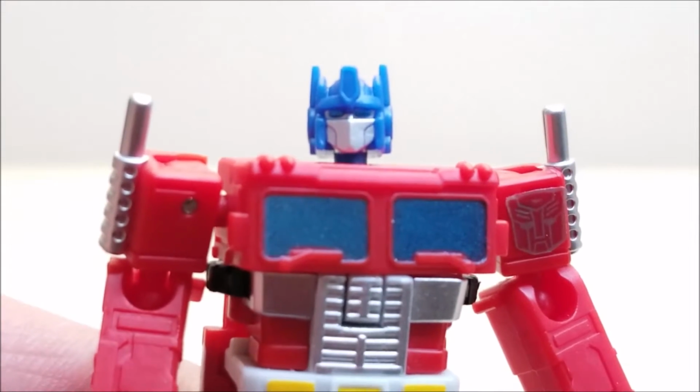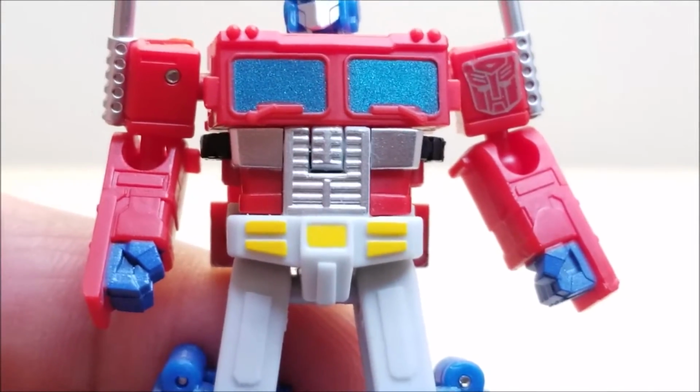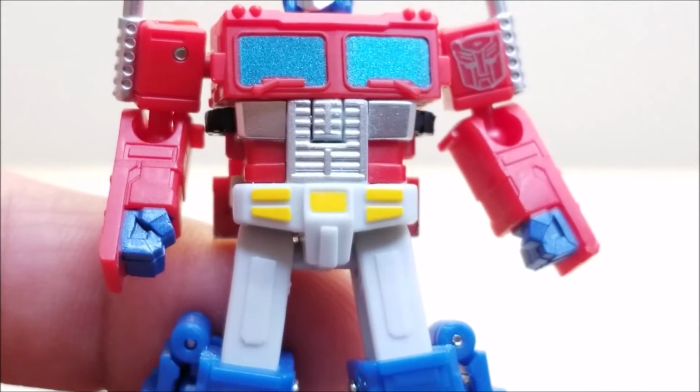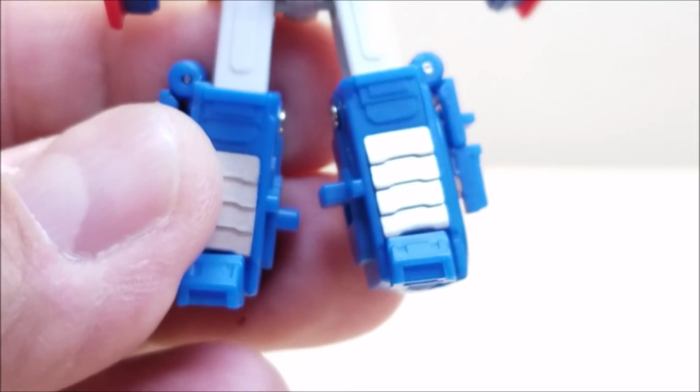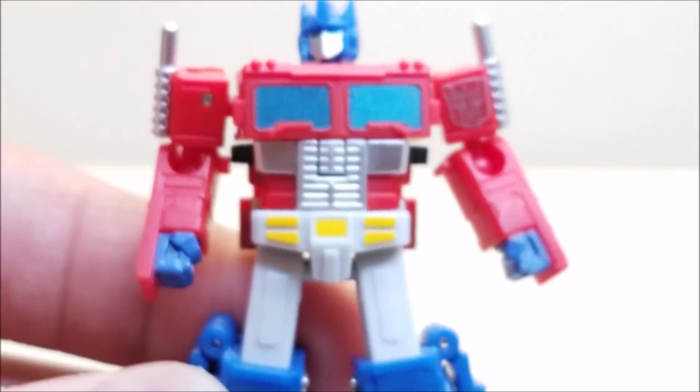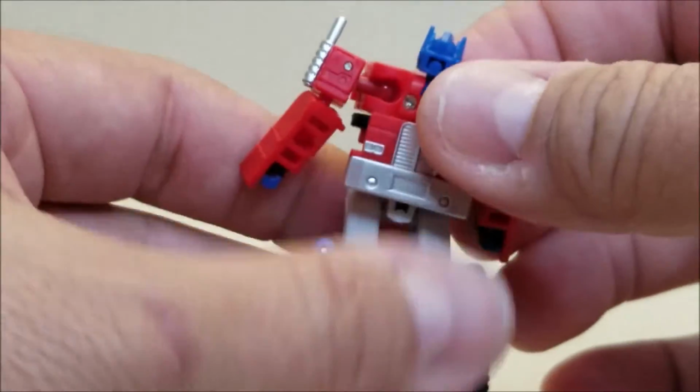You've got the silver detail. Check out the detail on the arms, on the chest. You got the silver grill, the white waist piece with all the yellow details there. You got the white legs, silver on the front of the shins. Very, very cool. Now going all the way around the figure, you got a little bit of truck kibble